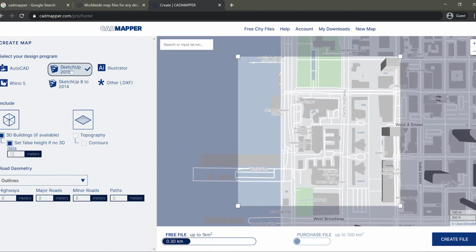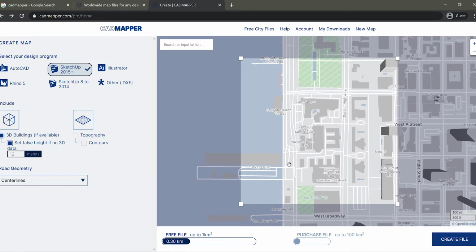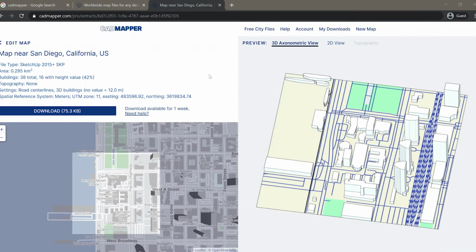Make sure that the SketchUp 2015 plus setting is marked. And then right here, this is basically going to set a false building height for all of the buildings that it doesn't have data for, and 12 meters is roughly 40 feet, I think. So this is good for the kind of diagram that we want to do. And once we're ready, we can go ahead and say create file. Now we just need to press download,